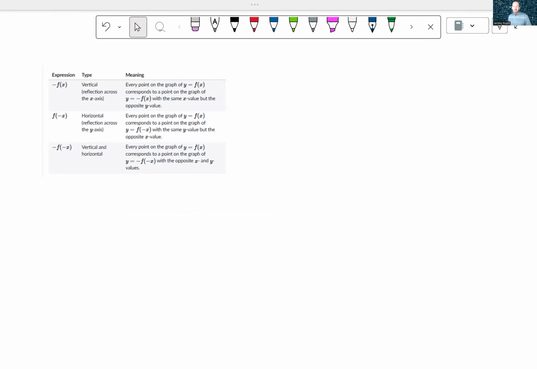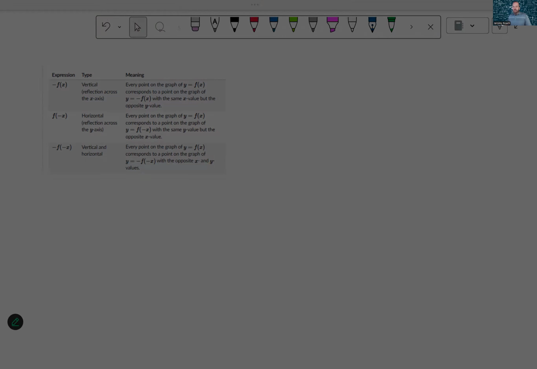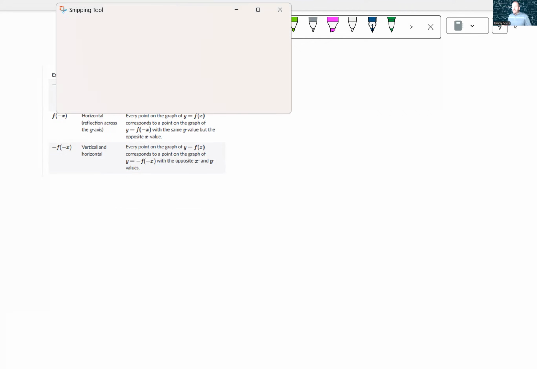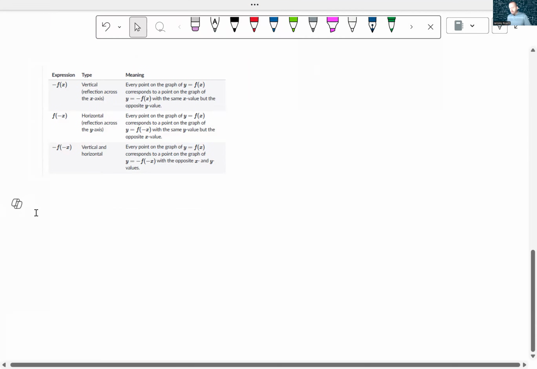And so when we see reflections, we have to think about what is happening when there is a reflection. Is it reflecting over the y-axis? Is it reflecting over the x-axis? What's happening exactly? So we're going to get some questions that look really confusing with some of the ways that they tell us what the equation for f of x is, but really we just have to look at the